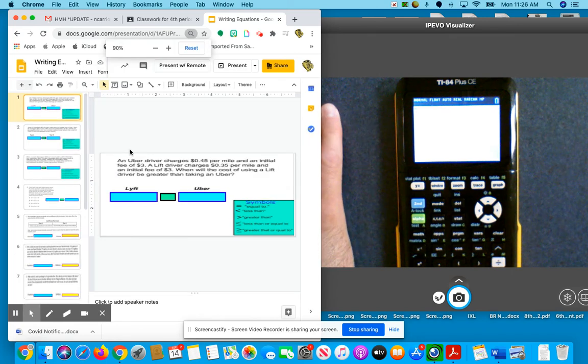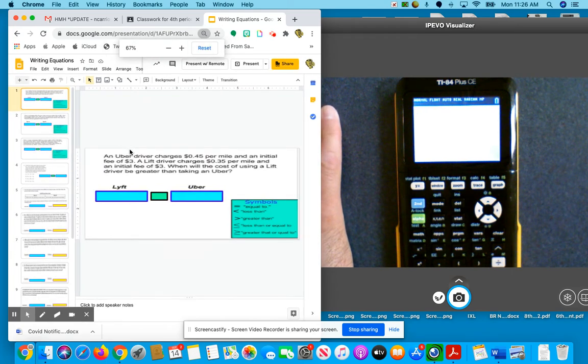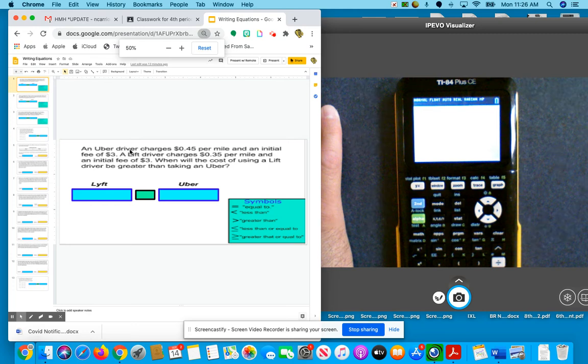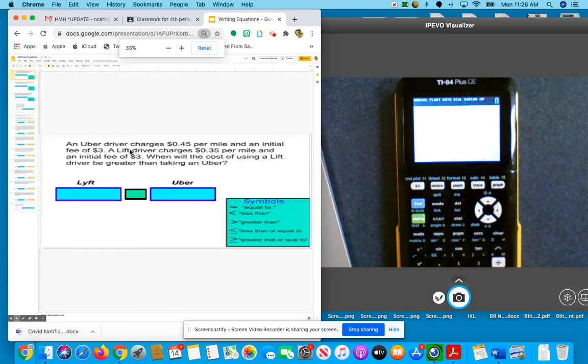Hey everybody. Today we're going to be writing equations from word problems. And so today we're going to have to be very careful when we're reading. And so it looks like the first problem we have, it says an Uber driver charges 45 cents per mile